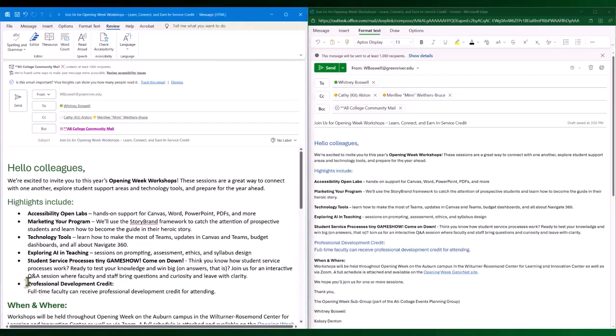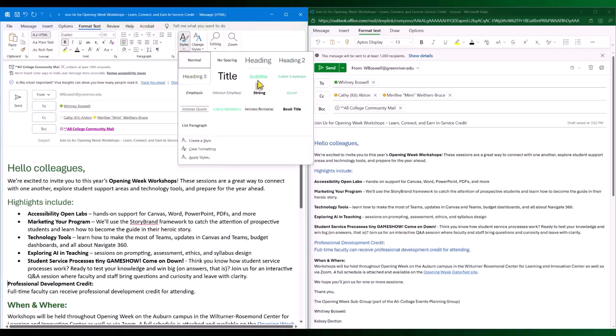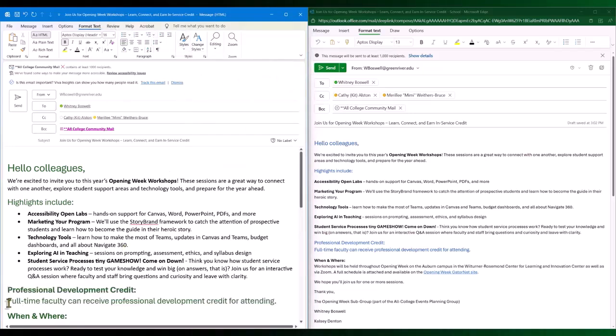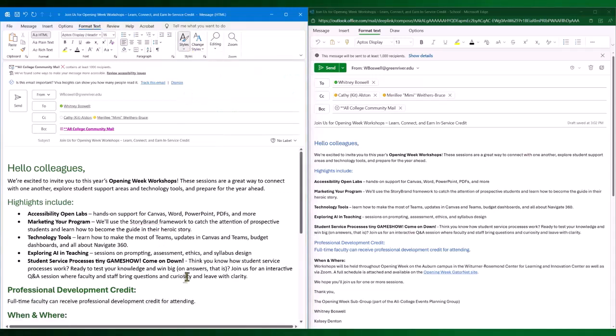I missed one over here. Okay, this should not be a bullet point, but should be its own Heading 2, and there wasn't a space here, so it became part of it. So I'm going to make it back into normal text.